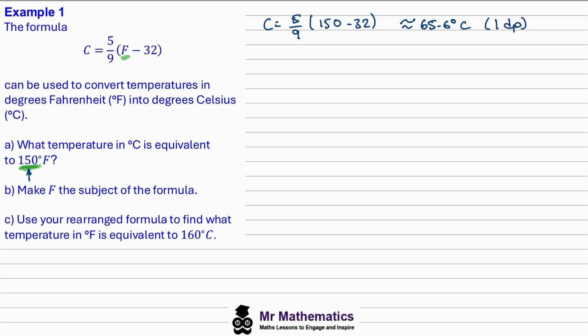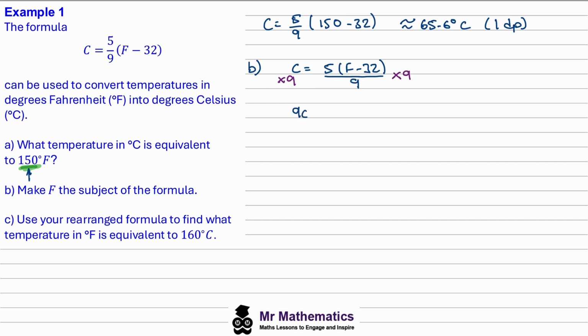Okay. Now for part B, make F the subject of the formula. So you can see that currently the degree Celsius is the subject because C is equal to all of this. What we need to do is make F equal to. So we need to move all the other terms to the left-hand side. So if we write C is 5 lots of F minus 32, and then I'm going to write this division of 9 as the entire numerator of a 9. So now I can multiply both sides by the 9,